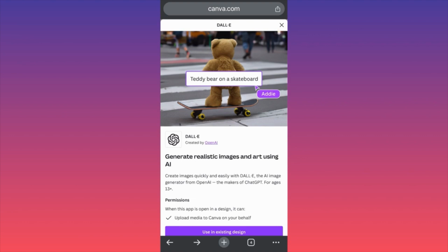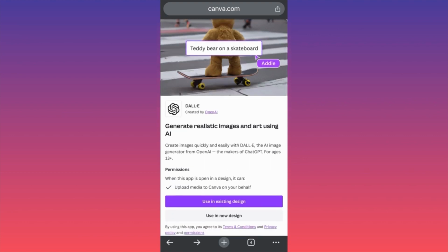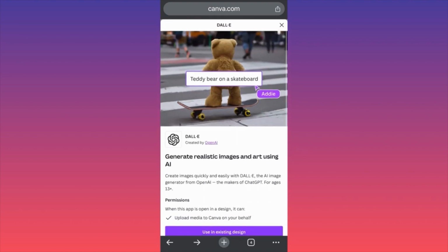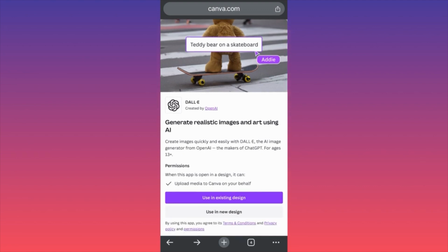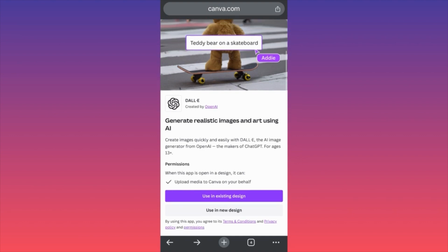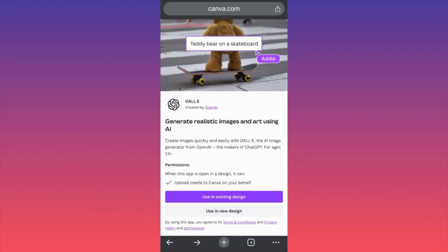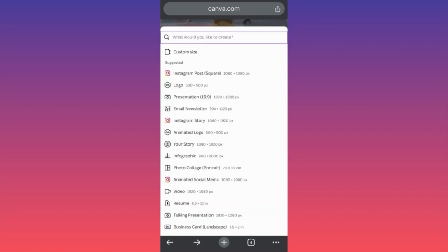So the first thing, you want to come over here at canva.com and you want to click on apps, then you want to go over and find Dali. So you can choose to create something from scratch like we're going to do over here, or use an existing design. If you already had certain projects in Canva, you can simply import them here. Let's click on use a completely new design, and in this example over here, guys, we are going to create